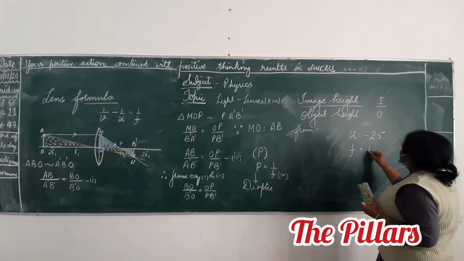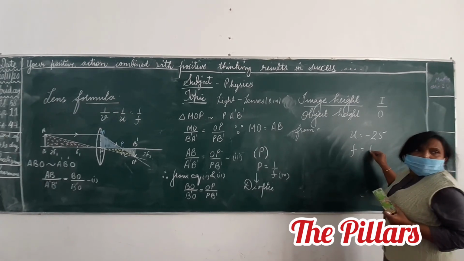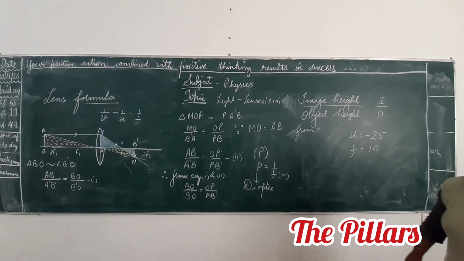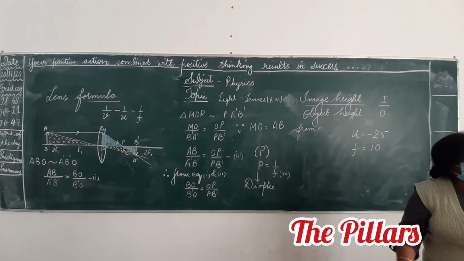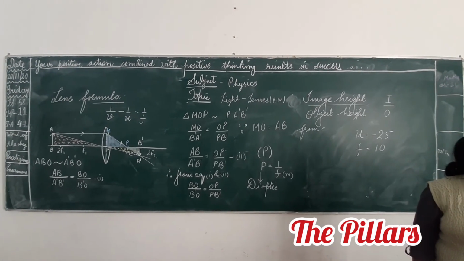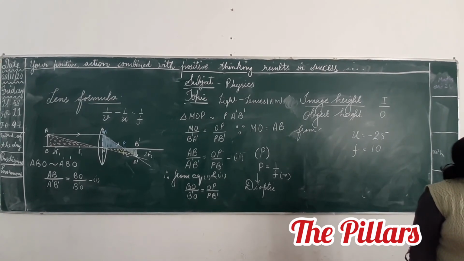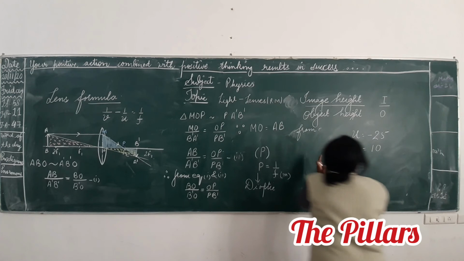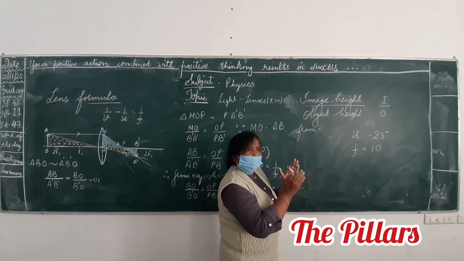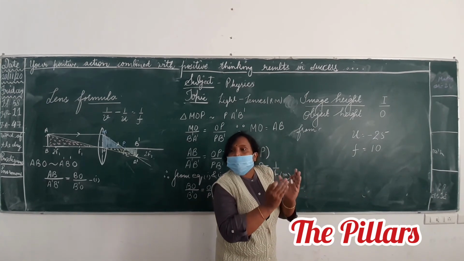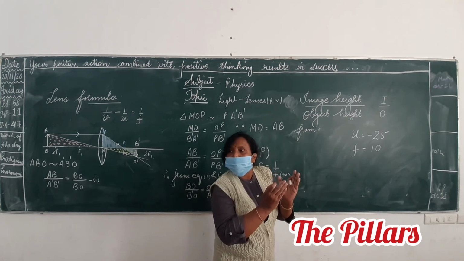Which ray diagram? Focal length is 10 or 5? Minus 10. 10. Ma'am, in this you will not divide by 2. Why beta? We don't need radius of curvature. We need to find V. Raj, how will you find V? First tell me which formula should I use here, children?